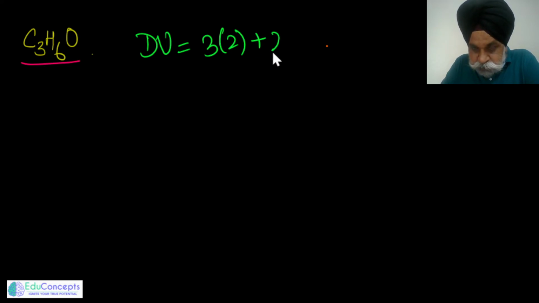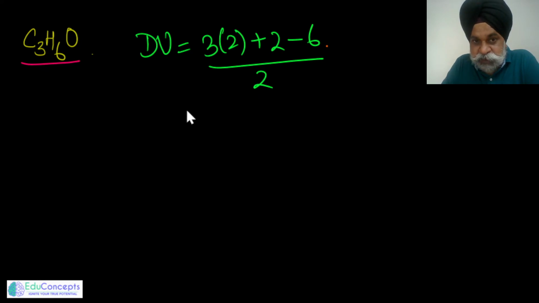C3H6O. For this, you have to find the degree of unsaturation. So 3 into 2 plus 2 minus 6. Oxygen is not to be taken care of. So the degree of unsaturation came out to be 1. So if the degree of unsaturation came out to be 1, now you should know that in the compound you have